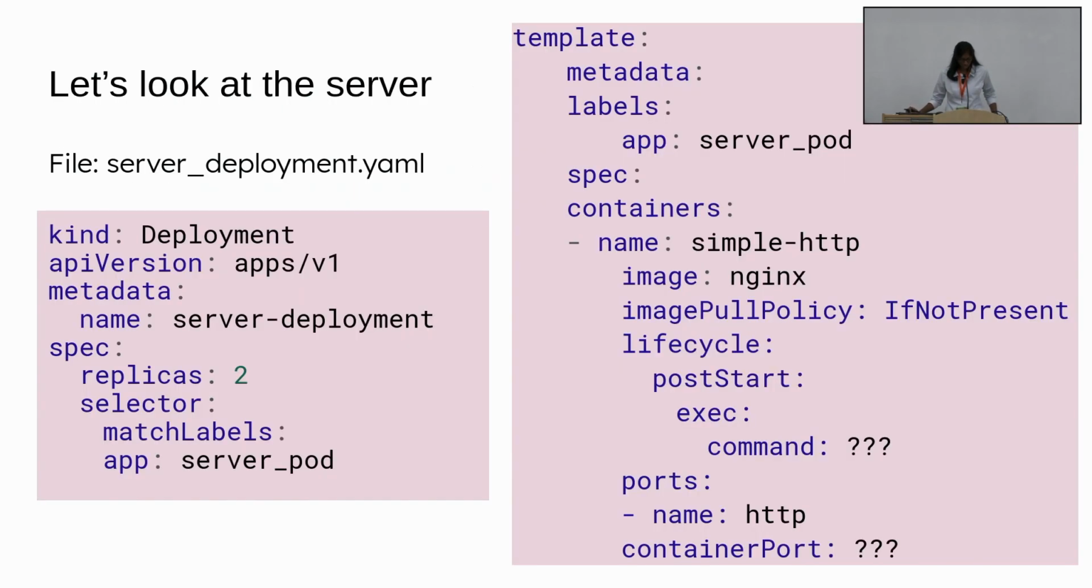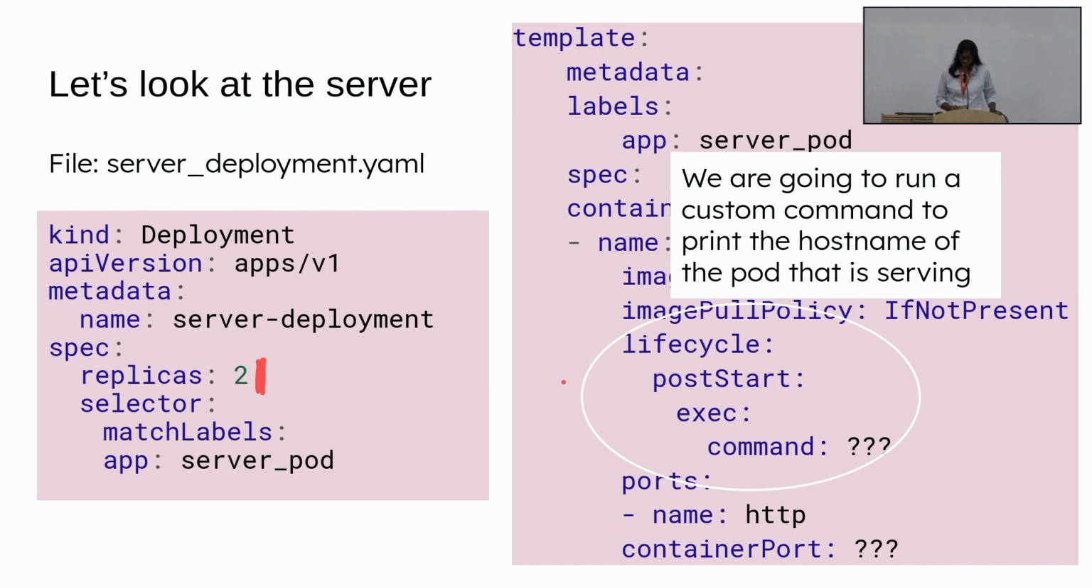So let's get to the server. Just open the server deployment.yaml. You can use nano, vim, gedit, whatever you like. Just if you have untarred the file, just look at the server deployment.yaml. You can see there's 2 replicas,